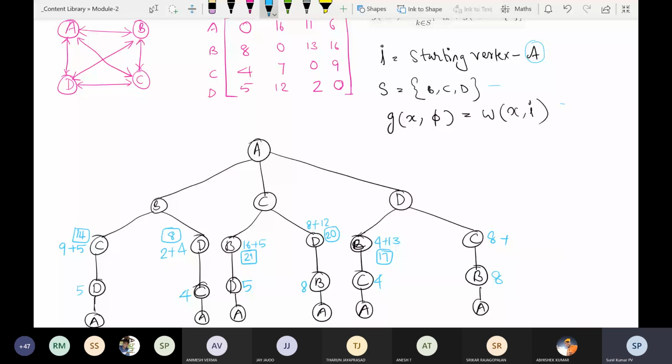Now consider the last three jumps. What is the cost of the last three jumps? Can someone tell me? Here what the problem is? Here he has two options. Either he can go from B, C, D, A. This is one of the options, or he can go from B, D, C, A. So we will have two costs, and out of these two costs, which one should we take?